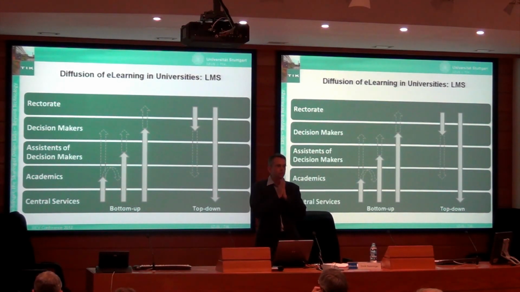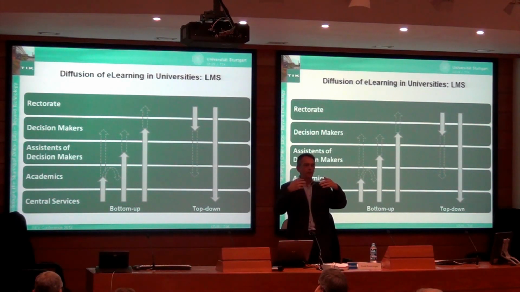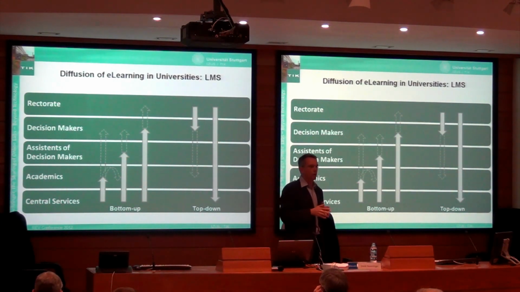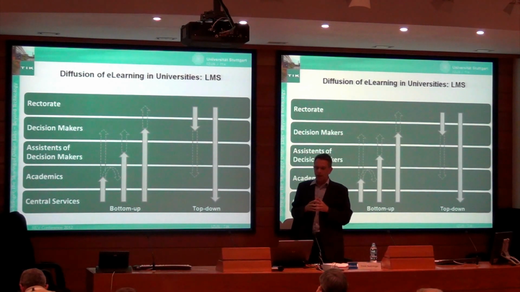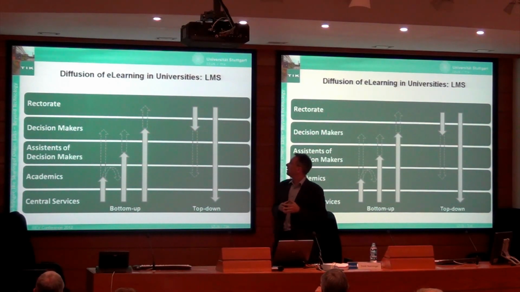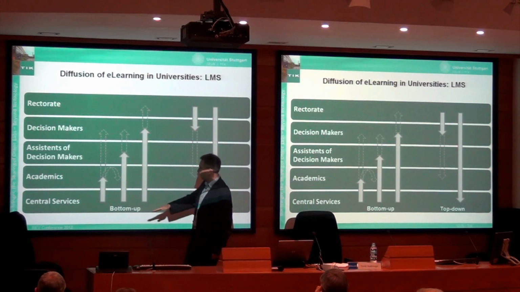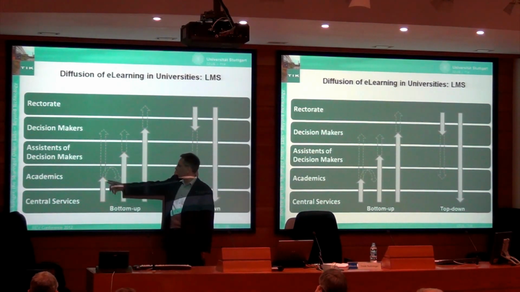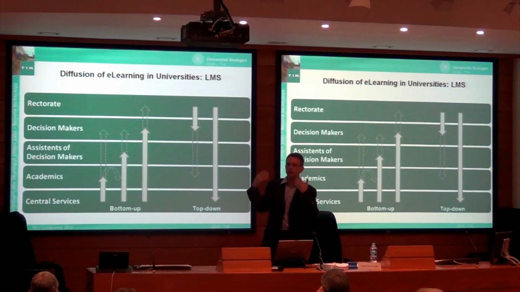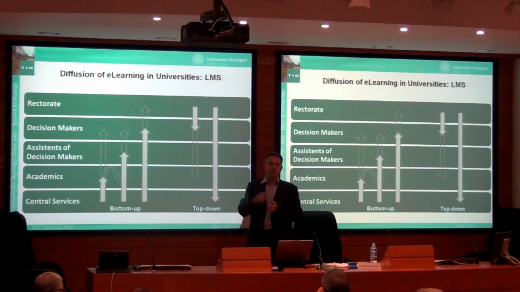when we start talking about our universities and the diffusion, pretending, well, now we have information material, we go running, how do we get this into our universities? So I have observed two different ways how e-learning spread in universities, at least in Germany where I had the overview. There were two different kinds of learning management systems, mostly coming from the central services, and they tried to convince academics who convinced peers and try to go to some decision makers or evangelists who are really opinion